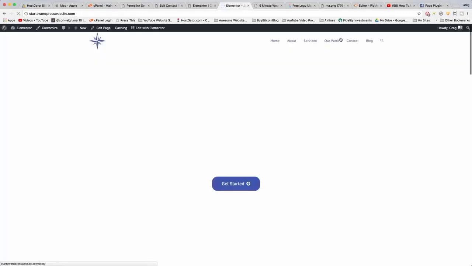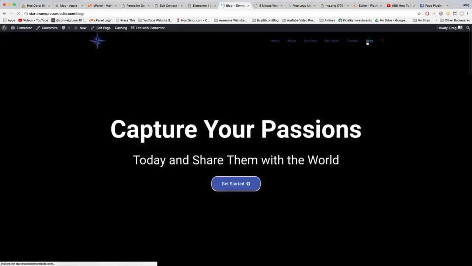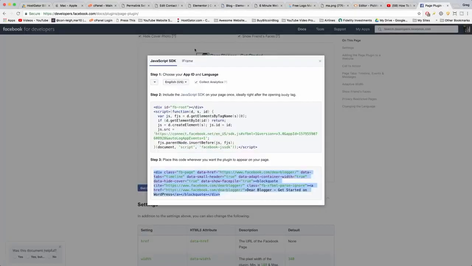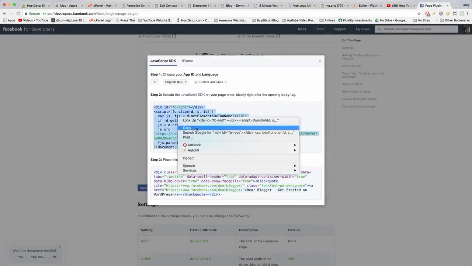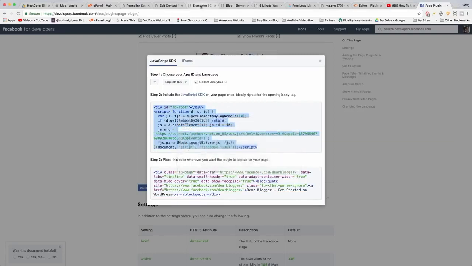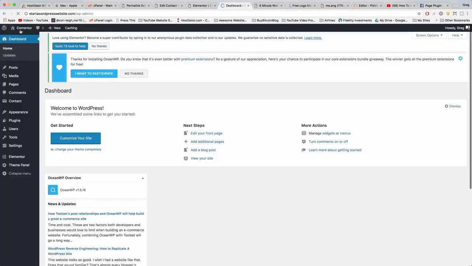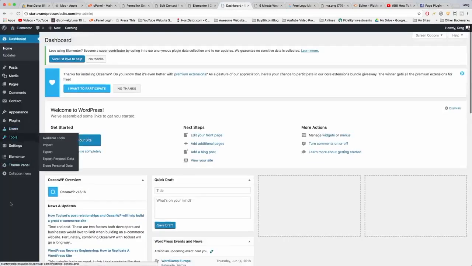We can go to our site and we need to go to the blog because that page has the sidebar. And so if Facebook's not showing up, it's because there's one more step, we need to paste in this code from Facebook that they made for us also in our blog. So to do that, come back to your site, go to the dashboard, and we need to install a plugin that just holds third-party code from Facebook, Google, etc. So go to Plugins, Add New,